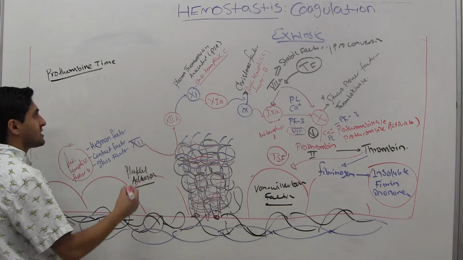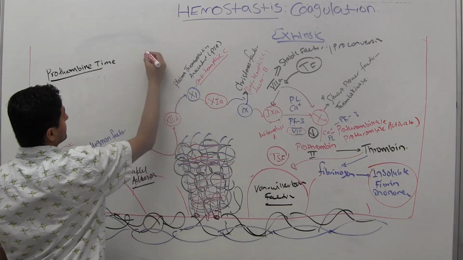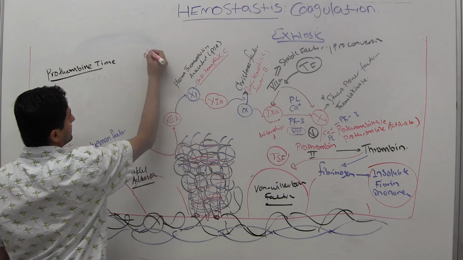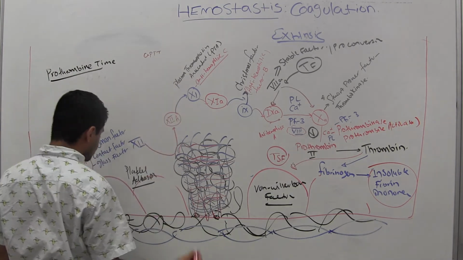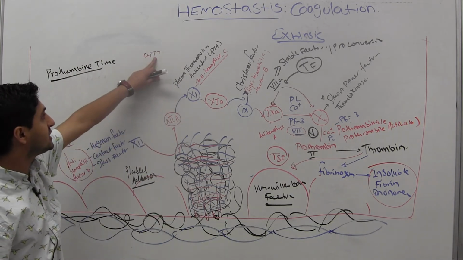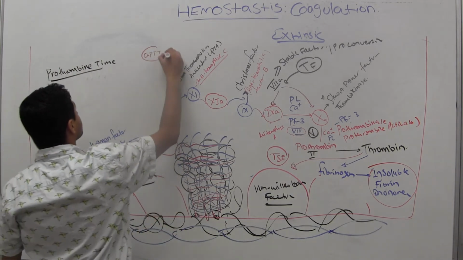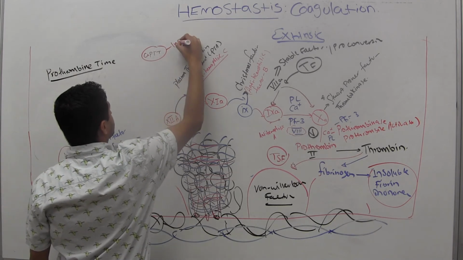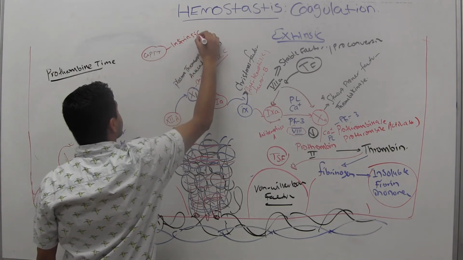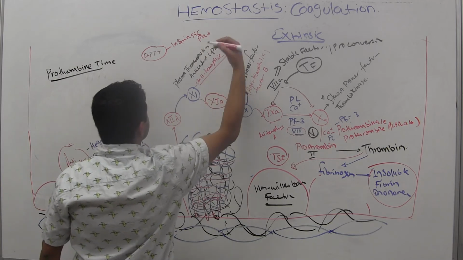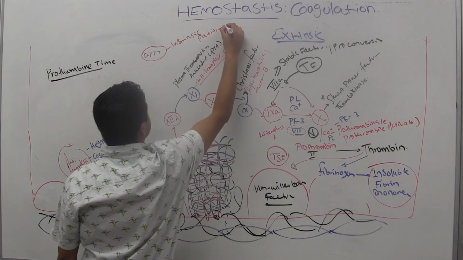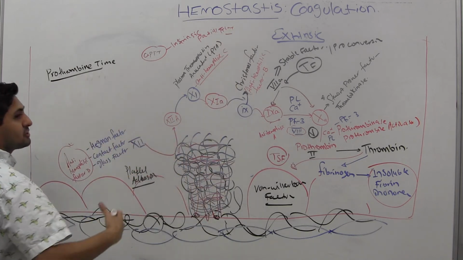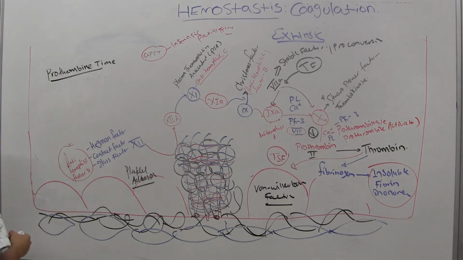Whenever we talk about partial thromboplastin time, PTT, we're talking about the intrinsic pathway, and prothrombin time refers to the extrinsic pathway. And what happens? How do they